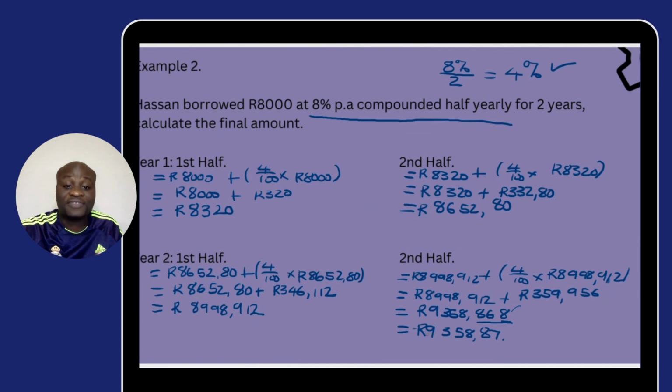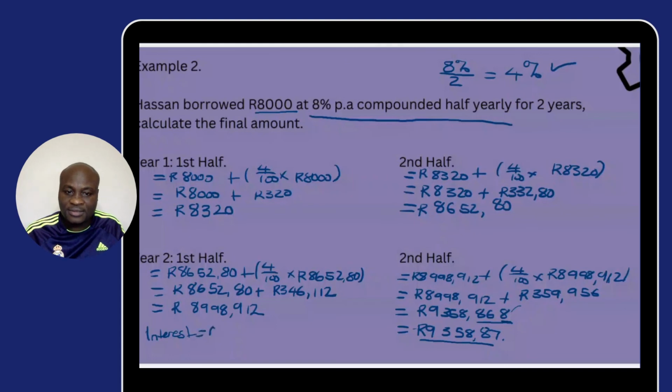And remember, I've said to you, it includes the initial amount and the interest. How do we get the interest? We get this amount and then we subtract it from the initial amount, which is our 8,000. And the difference is our interest. Let me do it for you here below. So interest is going to be now